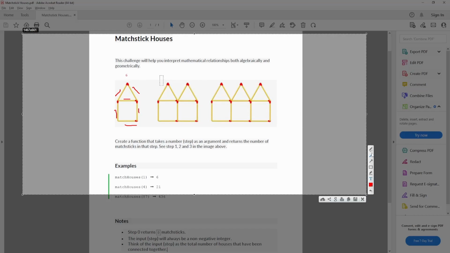matchsticks. For step 2, how many matchsticks are we going to have? 1, 2, 3, 4, 5, 6, 7, 8, 9, 10, and there is one common. It is going to be 11, right? It is a common one, so it is 1. So for step 2, we are going to have